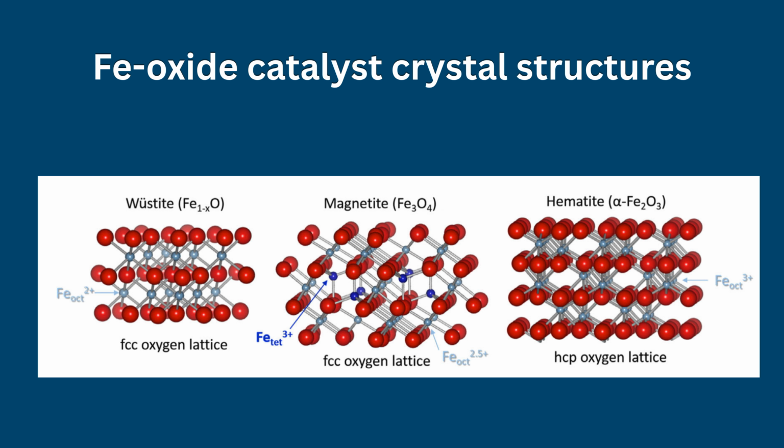The catalytic system is central to the efficiency of the Haber-Bosch process. Conventional industrial catalysts are based on iron derived from magnetite or wüstite precursors, promoted with additives such as potassium, calcium, and aluminum oxides to enhance activity, stability, and resistance to poisoning.